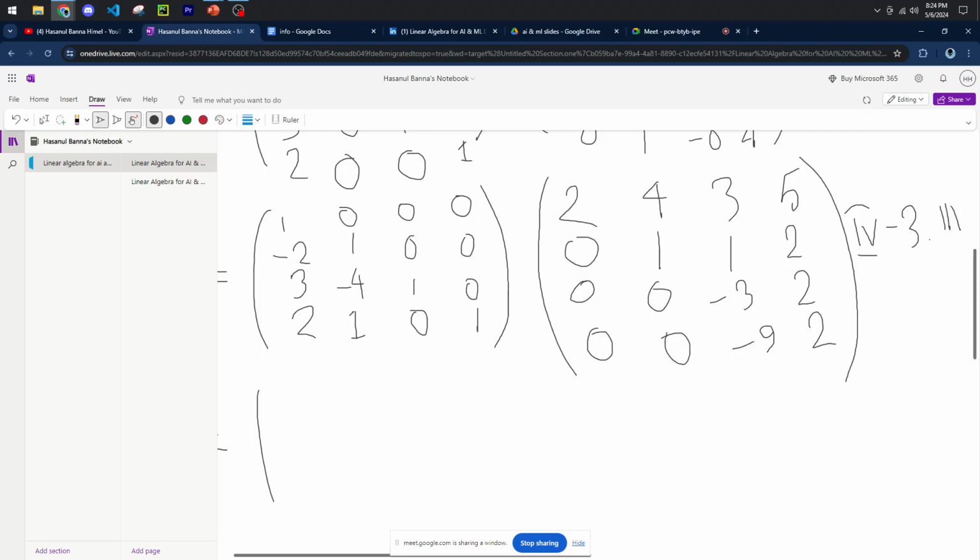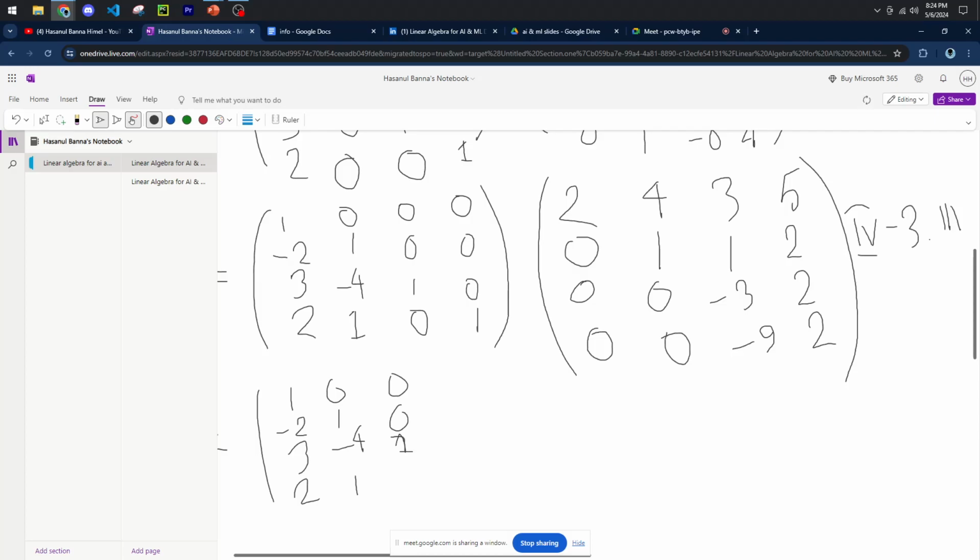So for our final value, we are getting 0 1 -4 1, and on the third column we get 0 0